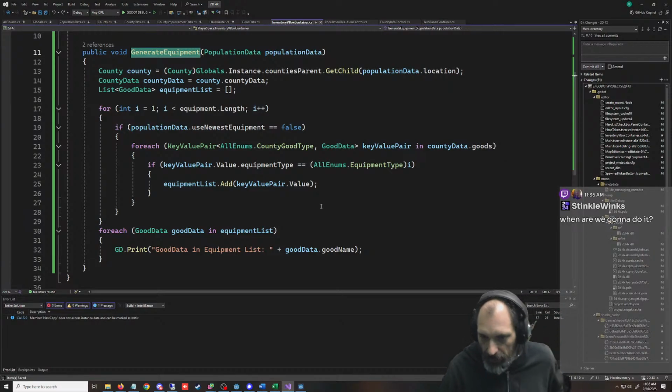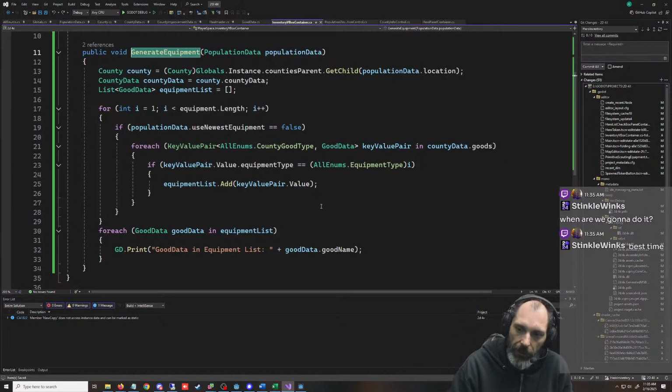I think we need to do it in the morning. I think that's like once a day it checks. Maybe we do it after production's done. So like the production of the equipment's done, we check to see, and then the heroes are assigned this equipment.